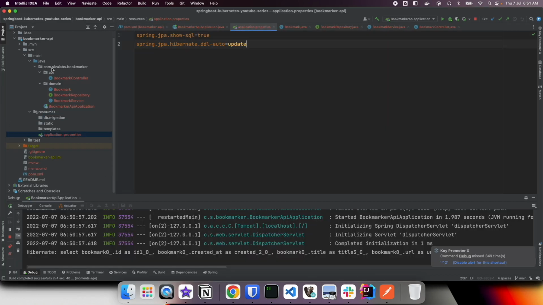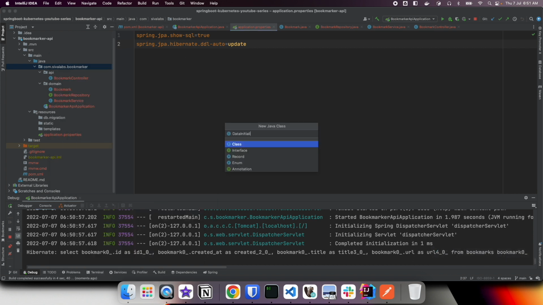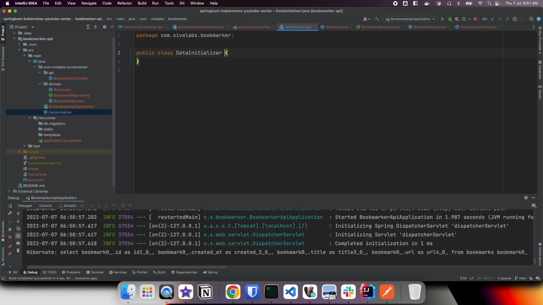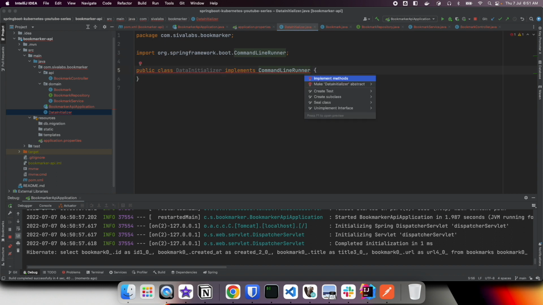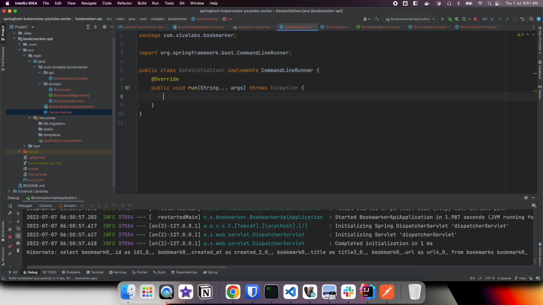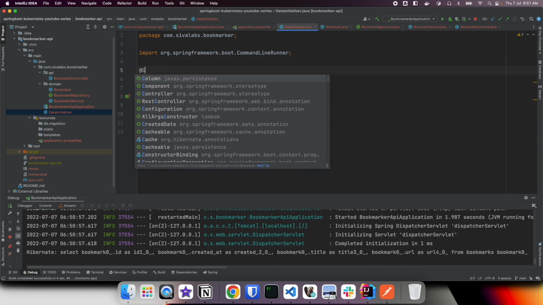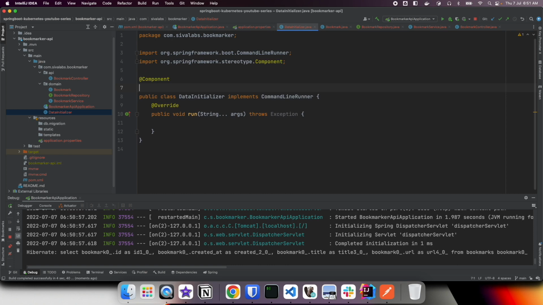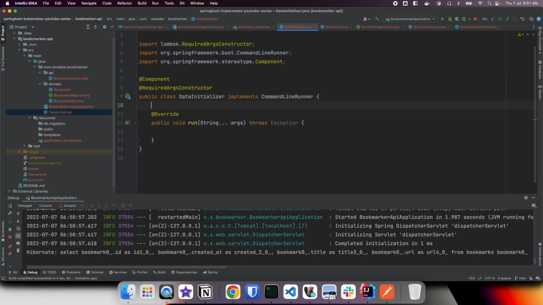So what we can do is, let us create a data initializer class, DataInitializer, and implement CommandLineRunner. What this CommandLineRunner does is, once the application starts, it automatically calls this run method. So first we need to mark it as a Spring Bean, and also we are going to inject the bookmark repository,